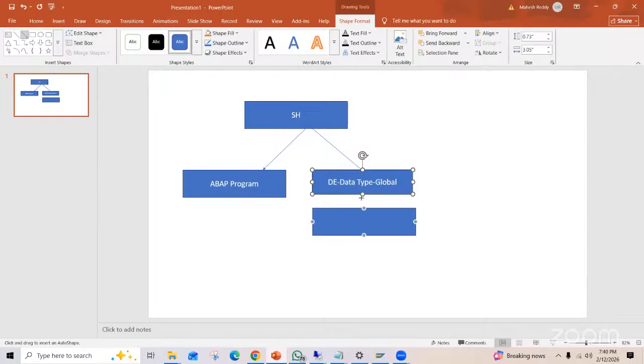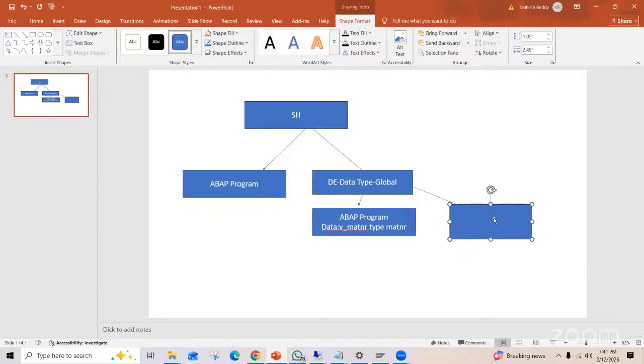You can use it in the ABAP program, right? In an ABAP program, you can use it to declare a variable, for example, v_matnr type matnr. And what is the other place we can use the data element? One more important place where it will be useful: the table field. For example, if you take standard tables or custom tables,